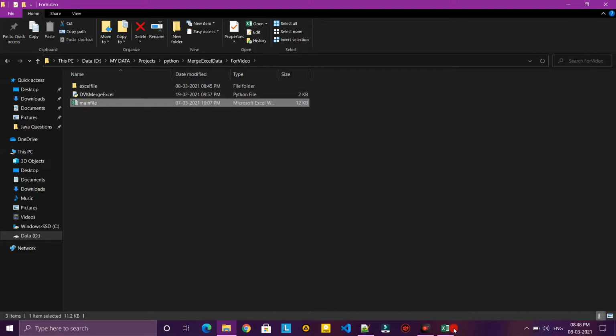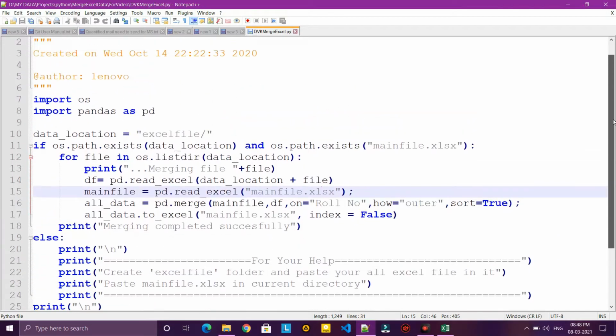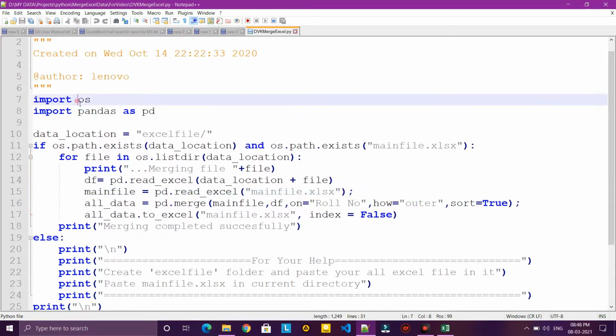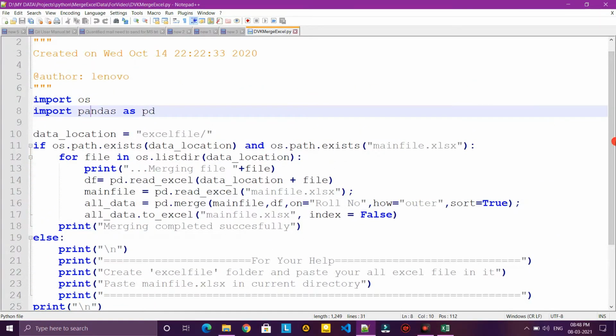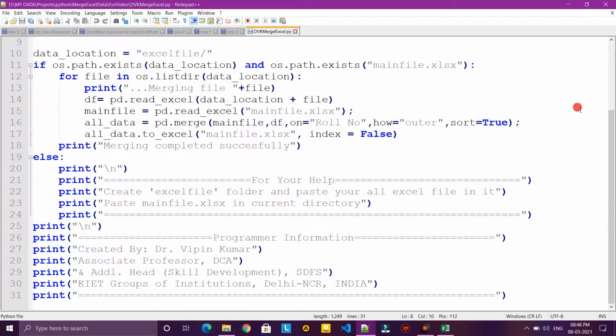In this code I have used the OS library and the pandas library of Python, and with the help of these we have merged all the Excel files into a single one, and it is working as an advanced VLOOKUP command which we use in MS Excel.